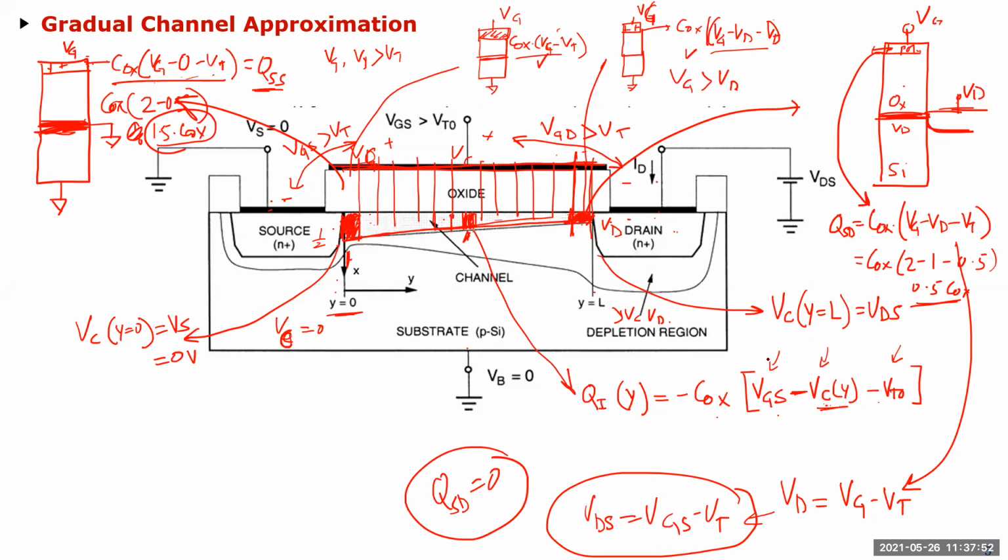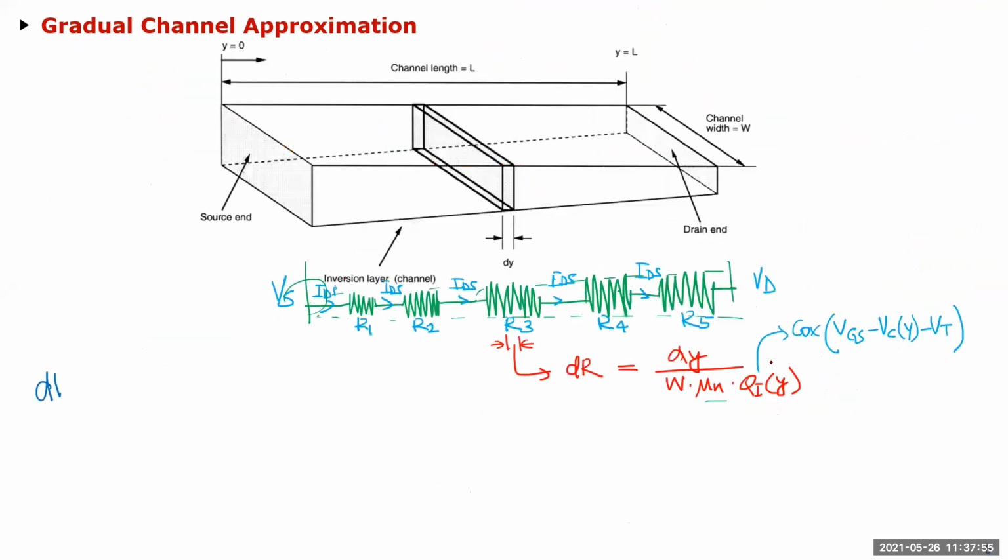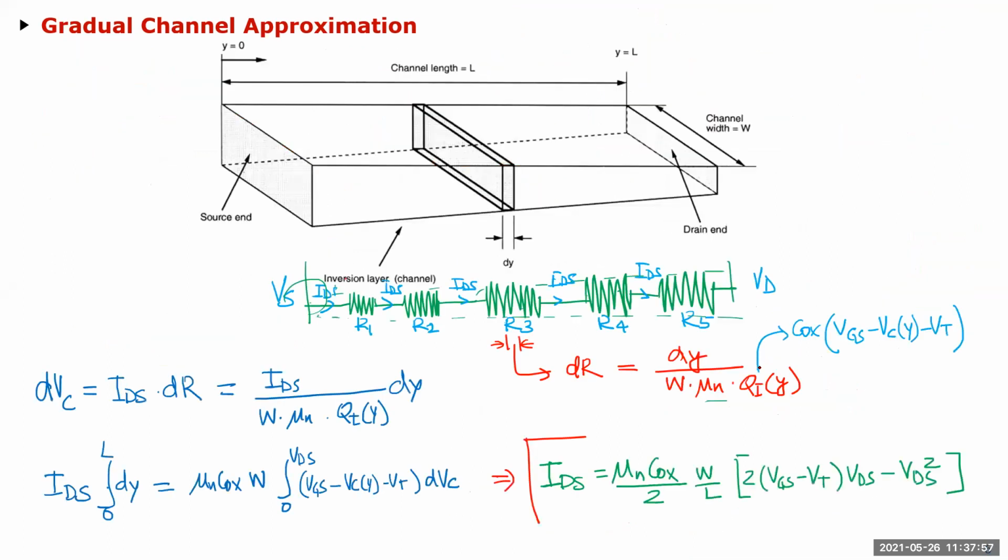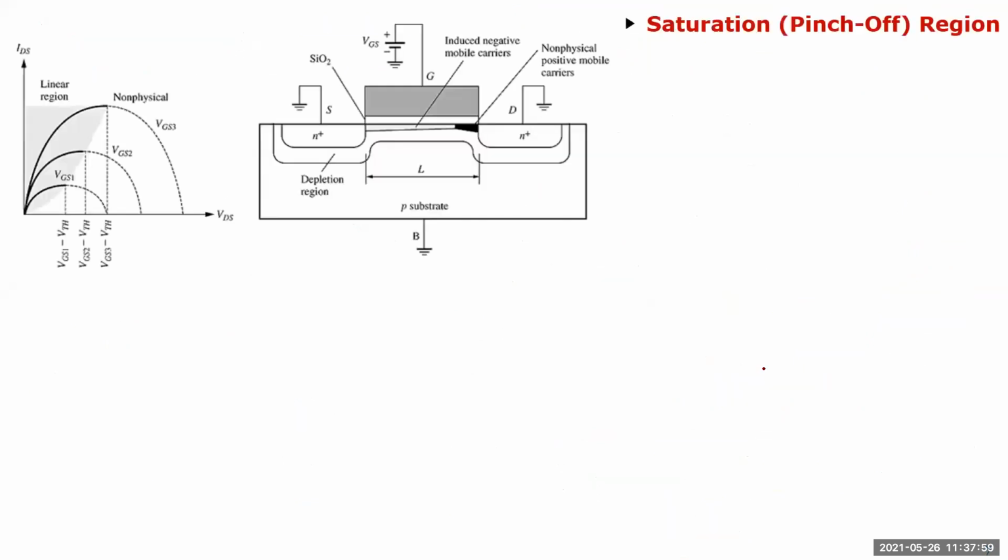And this is what's called the pinch-off region. So that's the third region of operation. I mean, in typical books, this is the second region of operation. I divide them into the linear mode, nonlinear, and saturation mode. So you can see as you keep increasing,